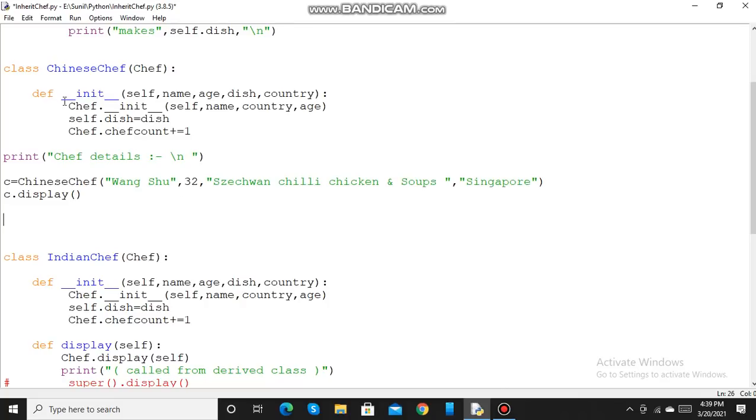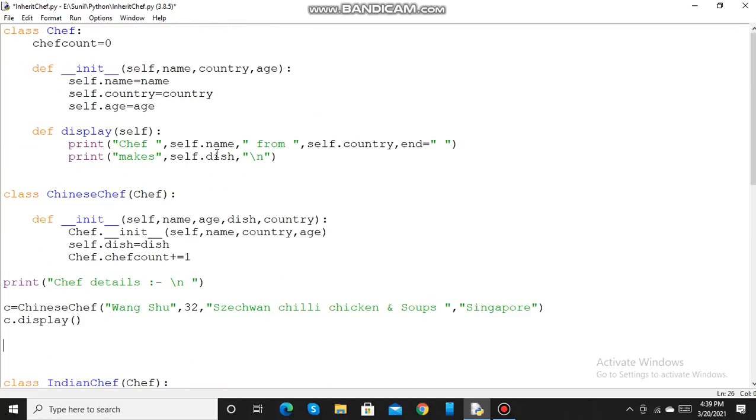In the subclass Chinese chef, I have defined one method, init method. And in the subclass Indian chef, there are two methods, init method and display method. Now here in the parent class chef, I have defined a class variable, chef count, to keep the count of the number of chefs.